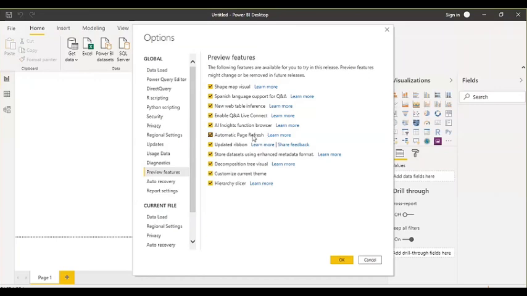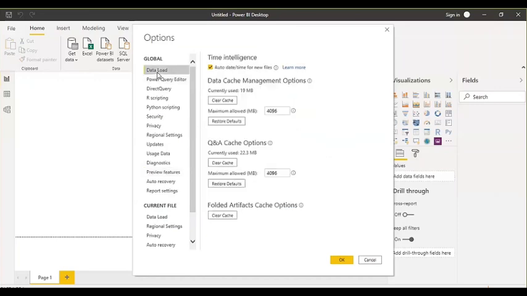Apart from that, there are some other settings which you can see under this settings window. For example, once you start working with Power BI, Power BI Desktop starts storing some data or temporary files in its cache memory. Depending on the usage, but generally at least once a month, you should clear the cache by coming here, going to Data Load, and here you can see Clear cache. So just clear it. So what will happen by this?